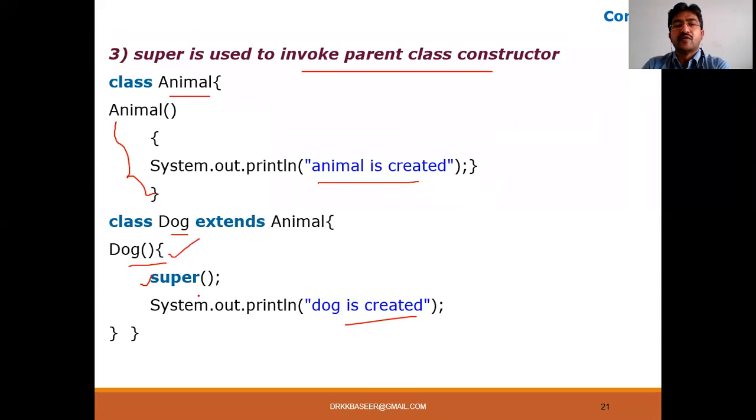It will come to here. What is the first statement here? Super. Super means automatically here, super parenthesis, it is using. When you are using the super parenthesis, automatically it indicates a call to a constructor. So the super, when you are using it inside the dog constructor, now who is the super for dog? Who is the super means who is the parent of dog?